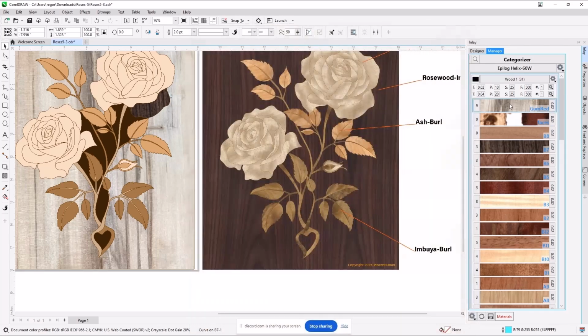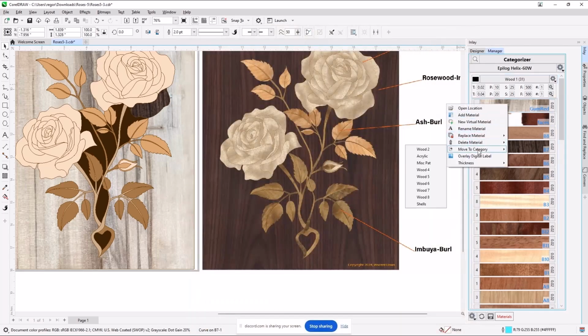Let's say I've got a picture here. I want to move it to a different category. I can go stick it down in a different location. I would do that, for example, if the material is different, like a shell, or it's a thicker veneer. You don't want to mix different thicknesses of veneer in a library. So there's moving stuff around that can be done. Again, the context for that is with a right click.